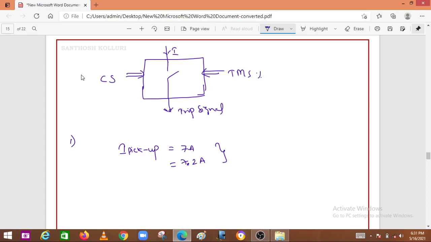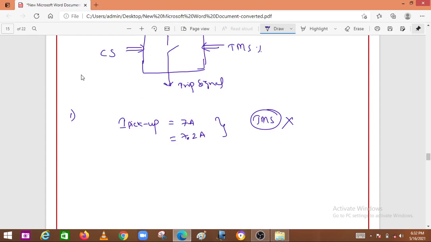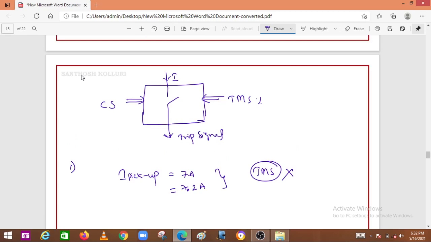Okay, so there is no internal time delay for operating this relay. That means there is no lag in the relay operation. Therefore there is no need for TMS. The time multiplier setting is used for setting the operation time of the relay, but here I want the relay to act instantaneously, therefore there is no use of TMS in this case. There is no provision at all for TMS in the relay. So that is a generalized representation of the relay for the overcurrent relay.